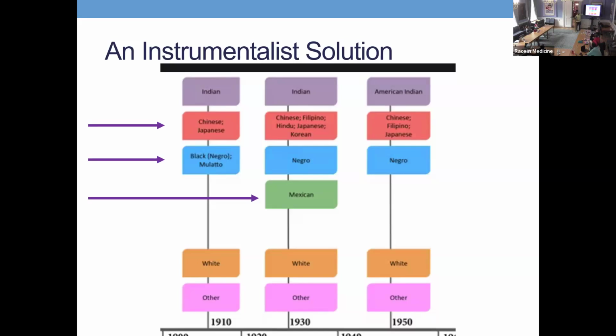And you might think that that's also important. I just want to highlight these three, but there are lots of ways in which the terminology itself will then invoke, yes, now I see myself as part of this group. I do assent to this. So on the top, it says Indian for 1910, 1930, and then 1950, it moves to American Indian, which you might still think doesn't get people, like, I'm a native and I have this tribe, etc. But I think that is also underutilized. And I take the point in line of Kim Tallbear's work, etc., that are focusing on those kinds of issues. This one, we've got Black or Negro or mulatto, and then that's gone.